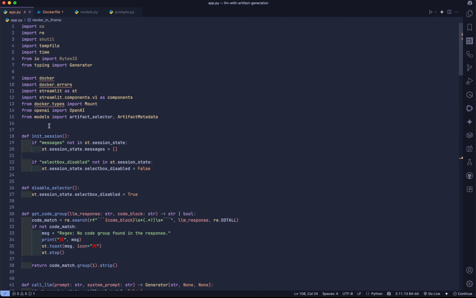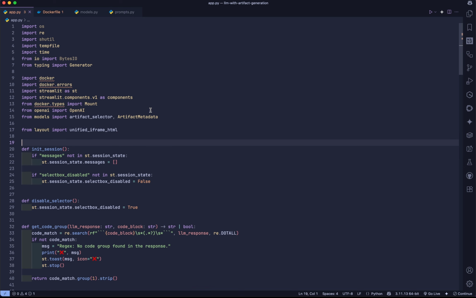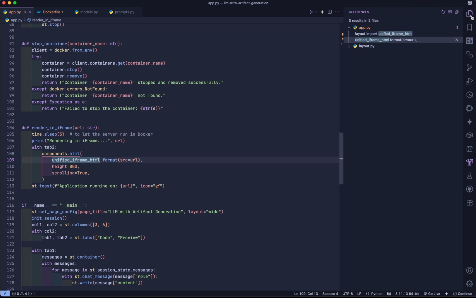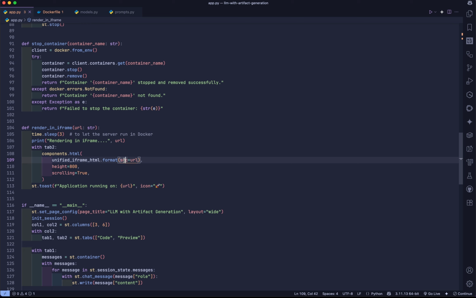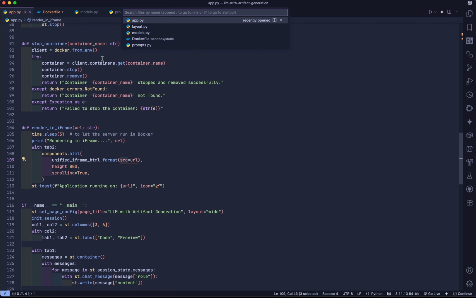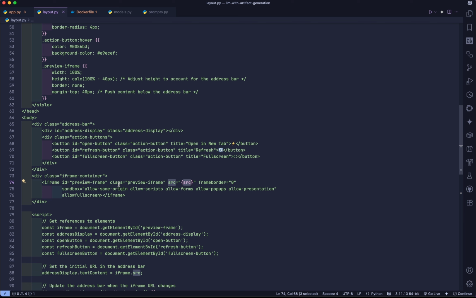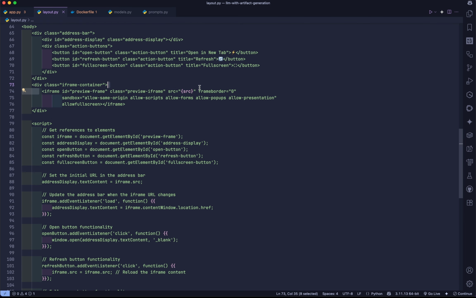So once we have the layout, I'm going to import from layout, import unified iframe HTML. And as you can see, I need to go to references. I'll go to the reference format, src equals URL. So let's find the src on our layout. As you can see, this is the only variable that we need to pass. Why? Because it is opening an iframe and it needs to open a certain URL on that iframe,